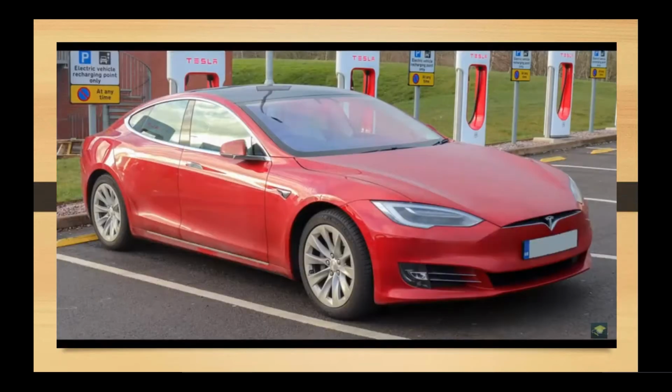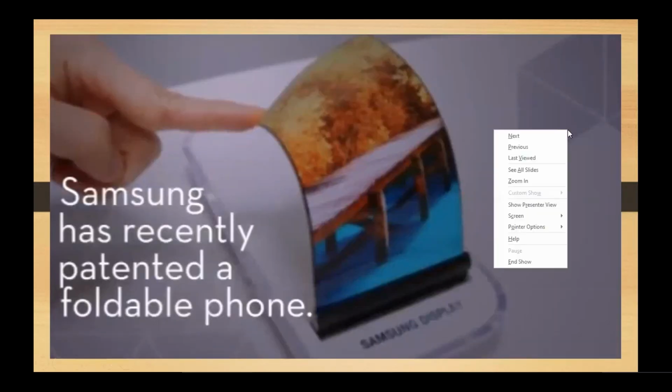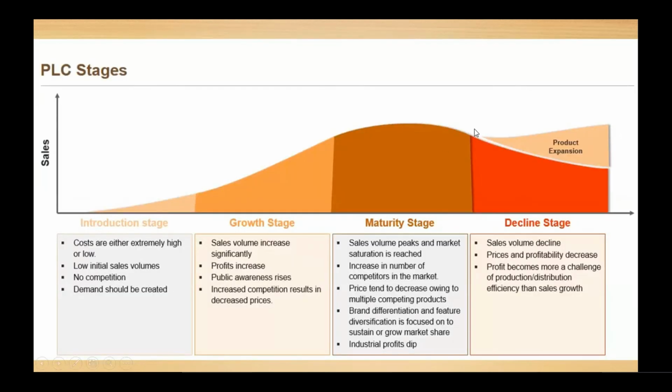All right, so these are some examples of products which are in the introductory phase or in their growth stage. Now, once your product has reached the growth stage, it is not going to remain there for long, because your competitors have become increasingly aware of your product. So soon, from the growth stage, your product will move to the next stage, the stage of maturity. This is a stage which is very difficult for a product manager to identify. He may not realize the reason why the sales of the product have become saturated.